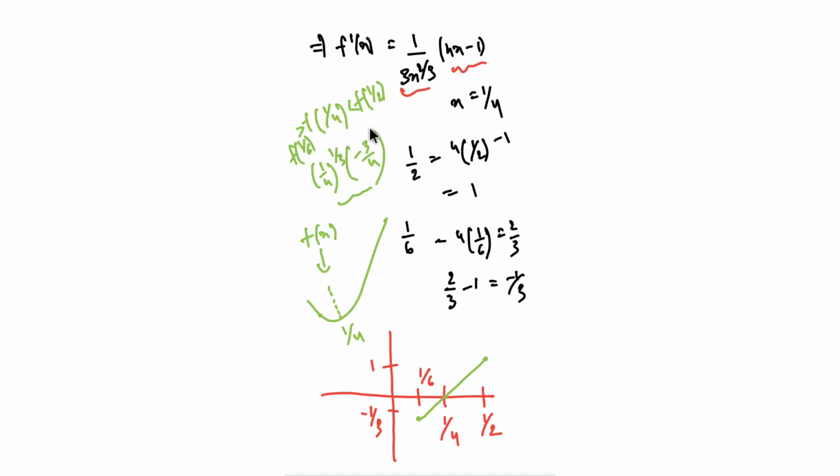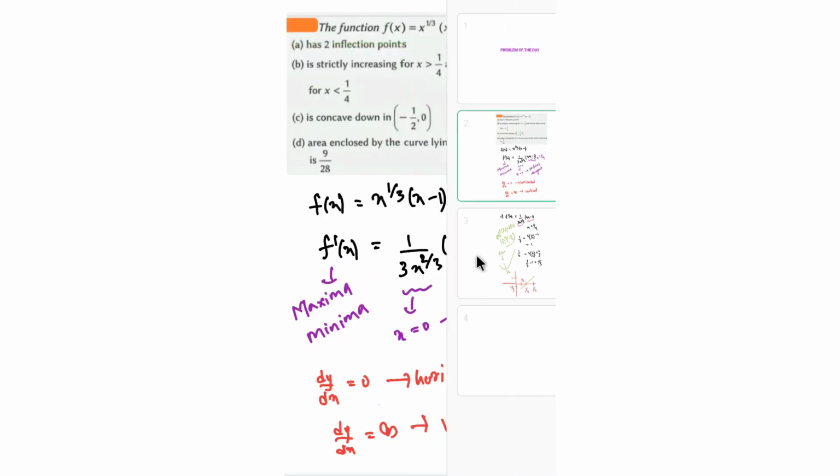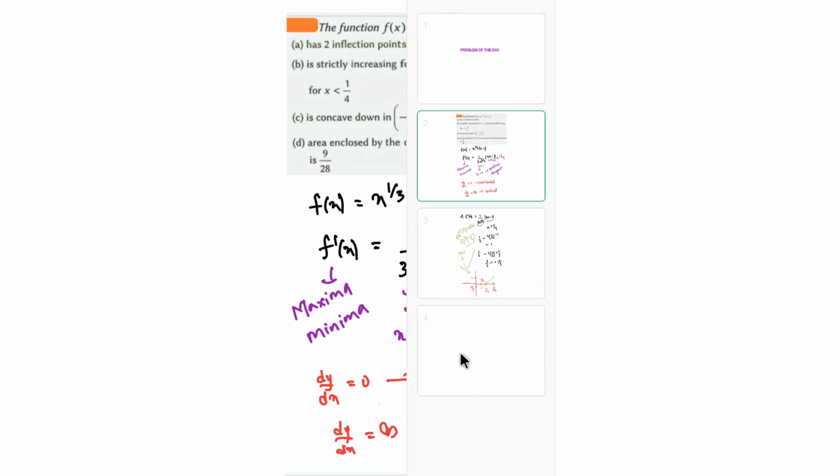So when you put the values of 1 by 4, 1 by 6 and 1 by 2, or even if you can take 0, you can just put 0 in the f of x thing. I'll just show it in the next page. If I put f of 0, I'm getting that to be 0. And if I take f of 1, it will be easier for me. f of 1 is again 0. So if I plot the f of x graph, I'm getting 0 at 0, and at 1 also I'm getting 0.